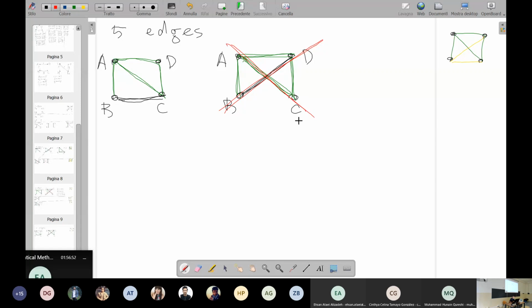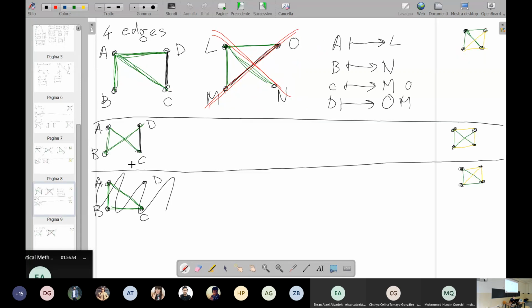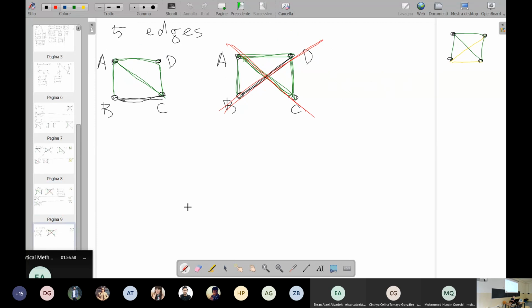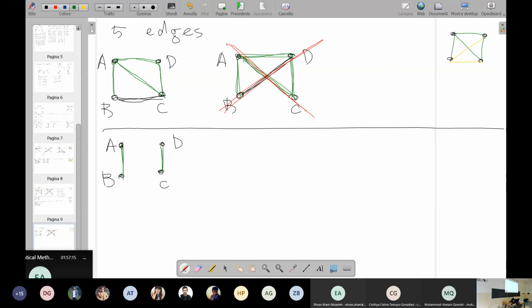Let's see whether we get something out of the other, which was this. It was like this and this